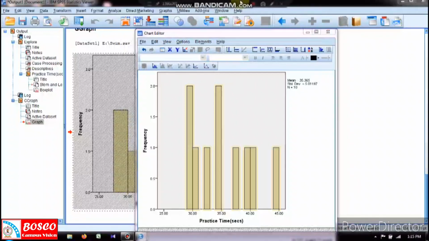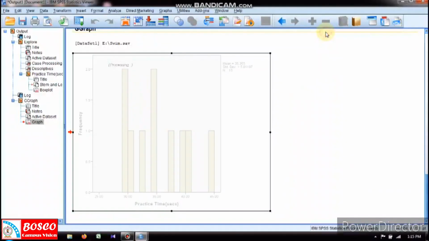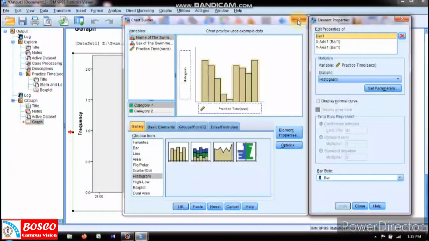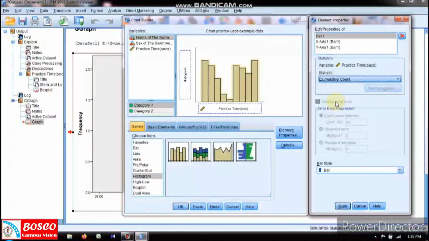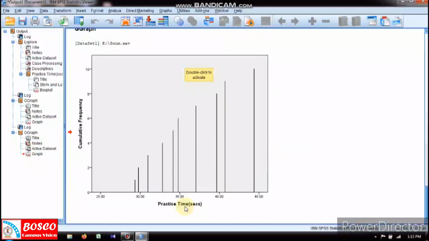Now, in order to identify the time interval with the highest frequency, you can change the property to a cumulative chart. You can see that in the element properties there is a statistic option, and when you choose it you can see a cumulative count. If you click cumulative count and click apply, you can see the change in the histogram, and the resulting figure will be